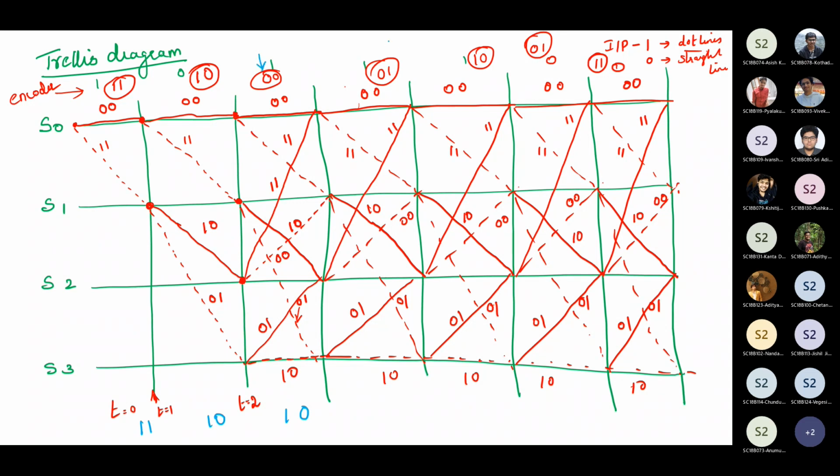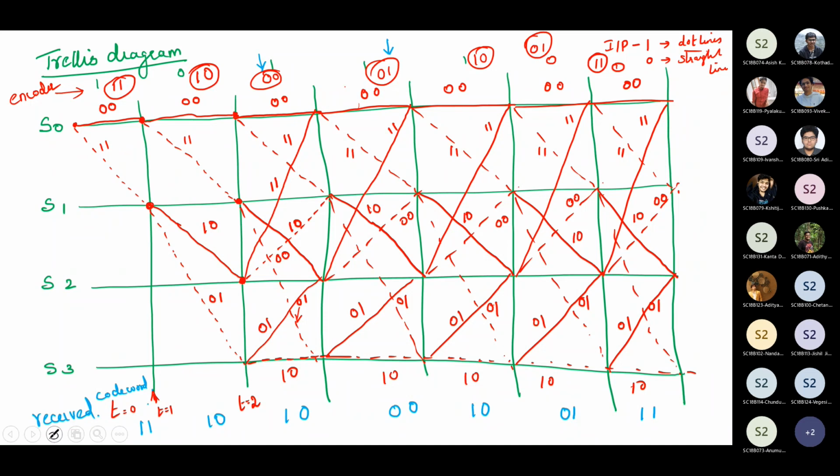Next, here also we will take that an error has occurred. 0 0 1 0, rest is same. So in this encoder output, we have introduced two errors: one at the third pair position, another at the fourth pair position. Okay, so this is your received code word at the input of the decoder. Now we will see how to do the error correction.